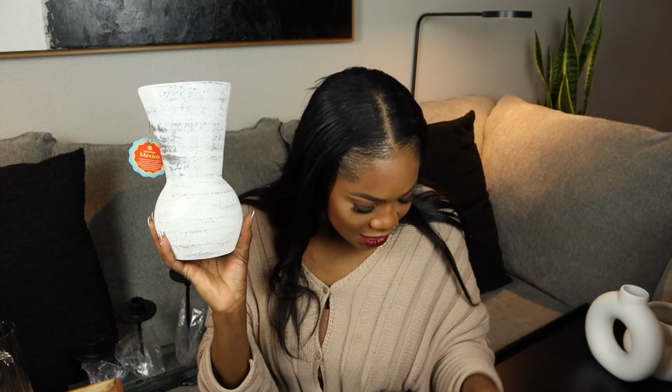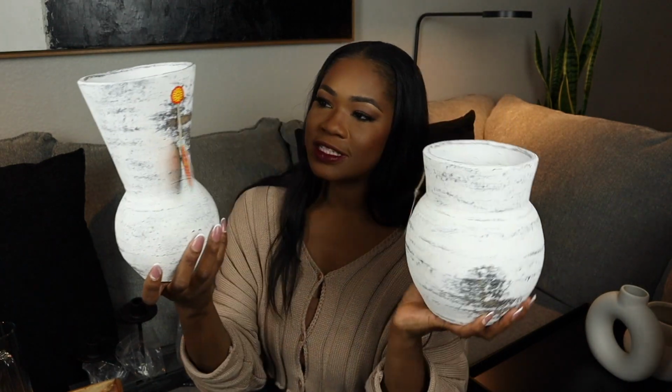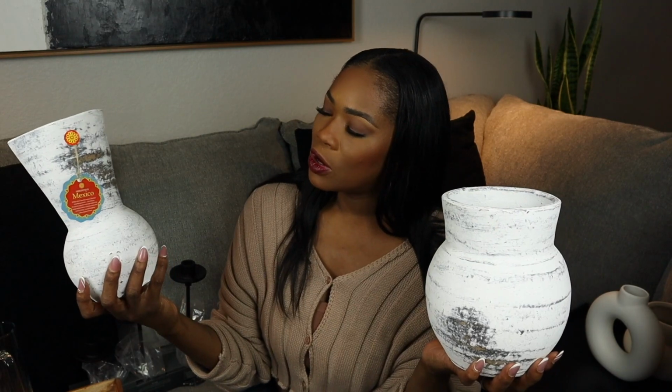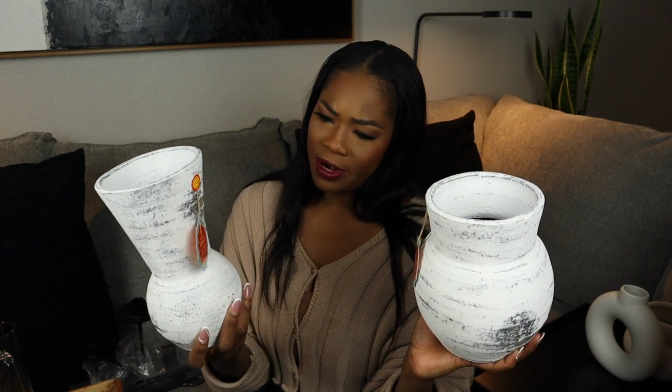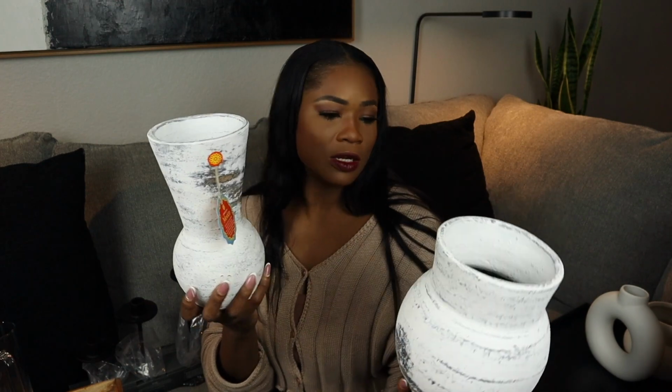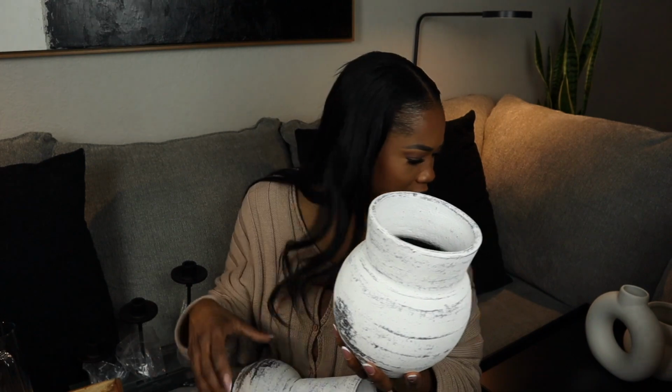Today I went to Marshall's and I ran across these cute vessels, which I'm so surprised actually match that painting that's behind me to the T. It has the black, it has the white, it's kind of not a gold, but not even a brown, it's like a tan color. Super cute. I love the texture, the shaping. It actually looks something like the Studio McGee